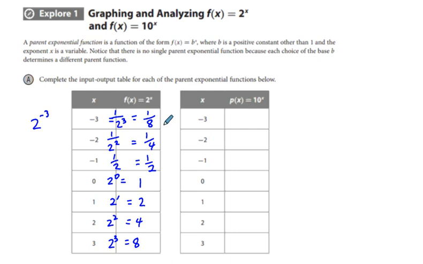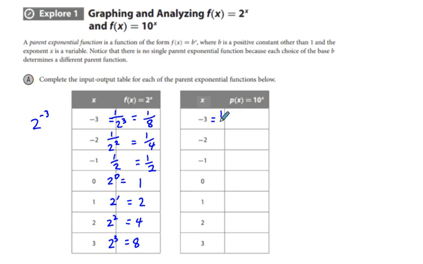So what we have is not a constant rate of change, but a constant growth rate. To get from one successive term to the next requires multiplying by a factor of 2. And then if we use this next function, p of x equals 10 to the x power, we're going to have